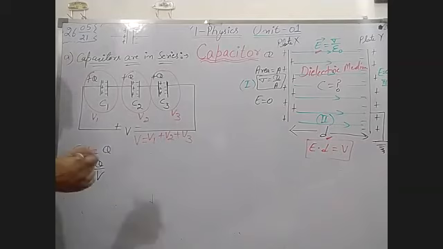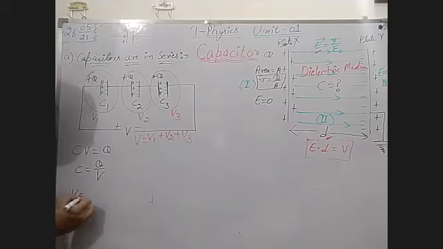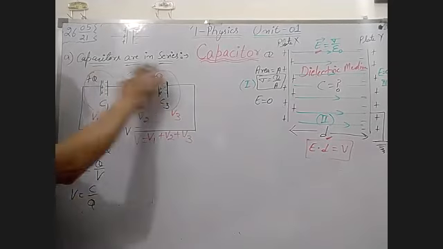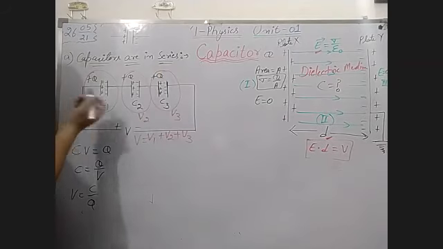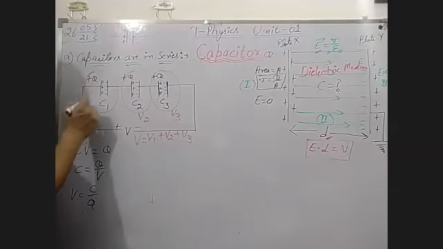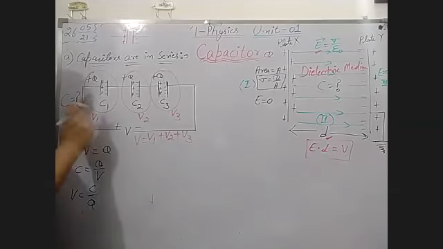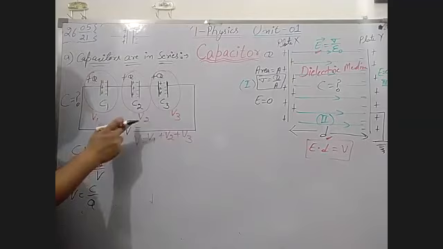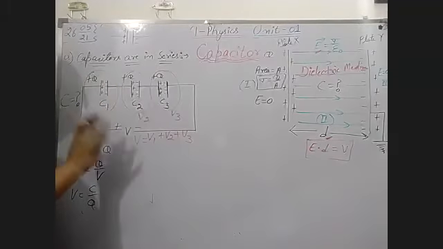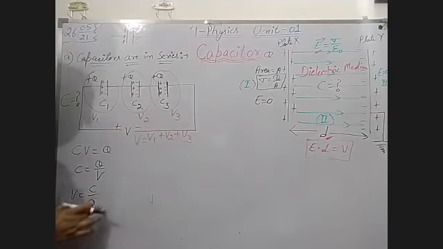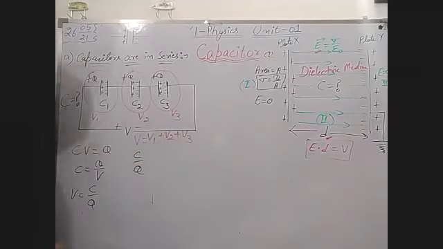You know very well by definition of capacitance, V is equal to Q upon C. What is the capacitance of this whole? Don't know. So let it be capital C, which we have to determine. Now, what is the charge on it? Q. Whole is Q. And what is the potential? V. So we can take the value of V as Q upon C.